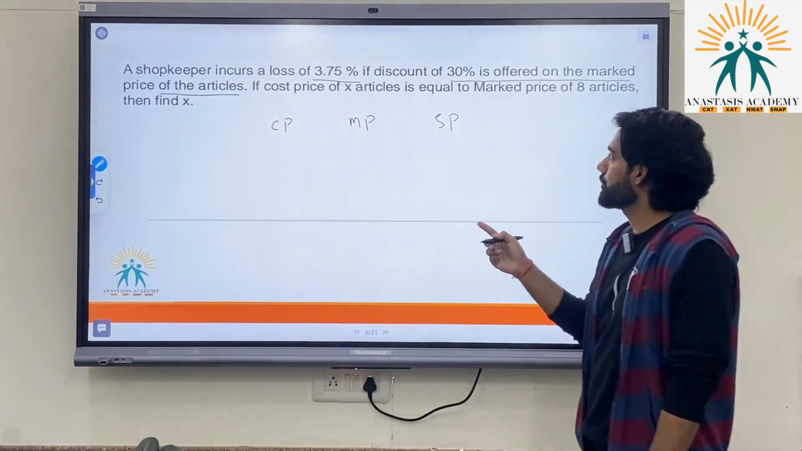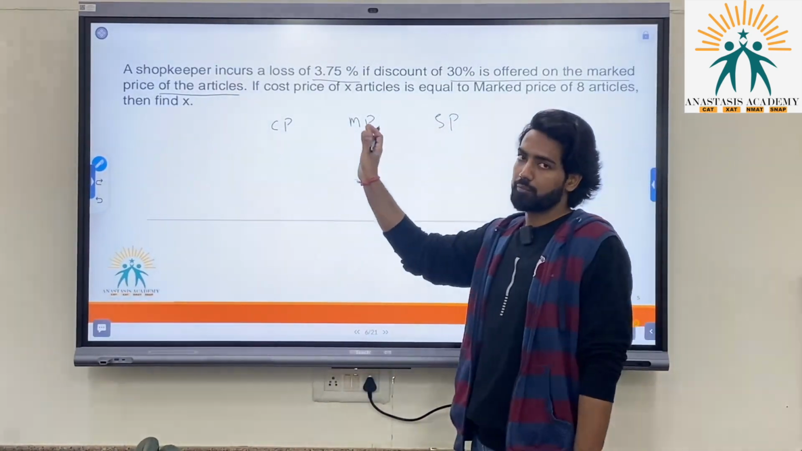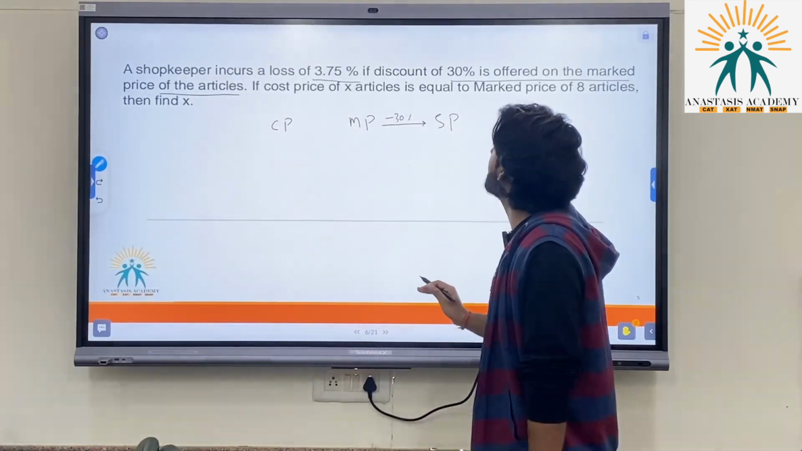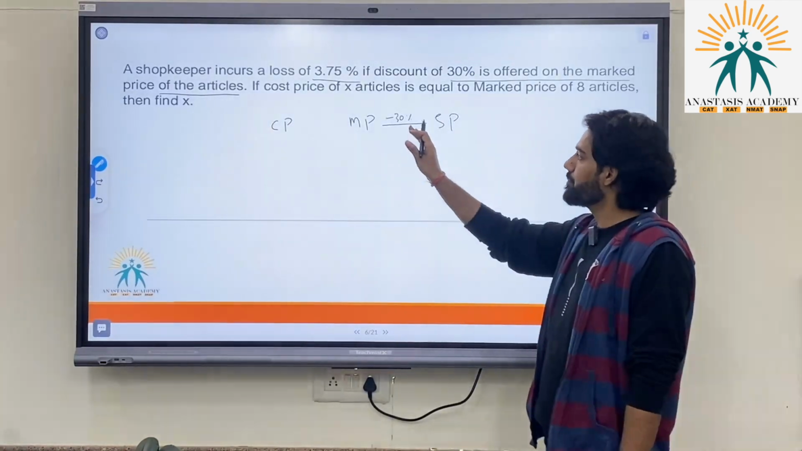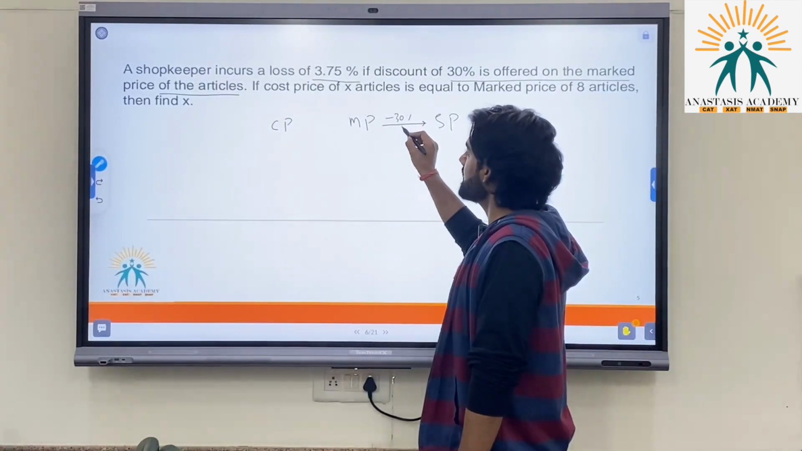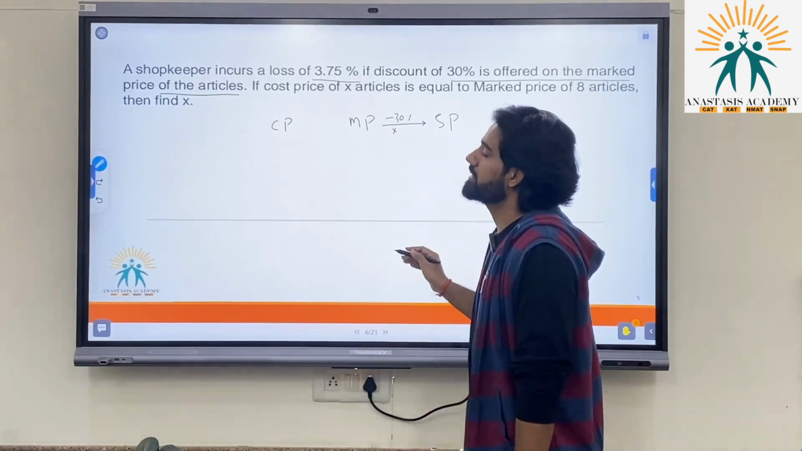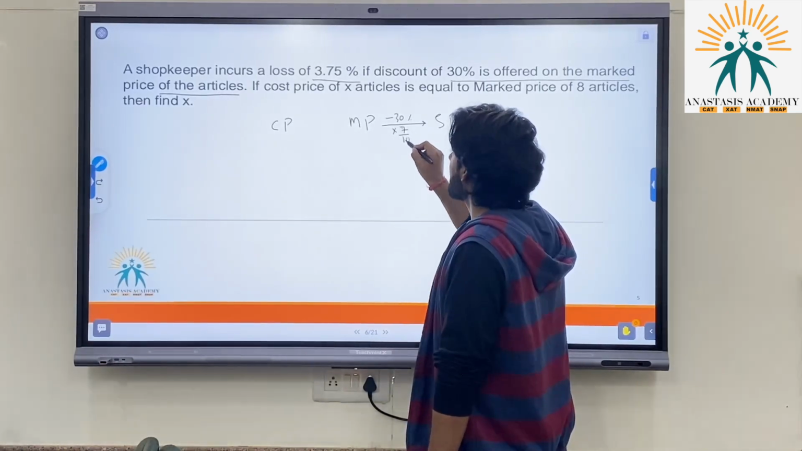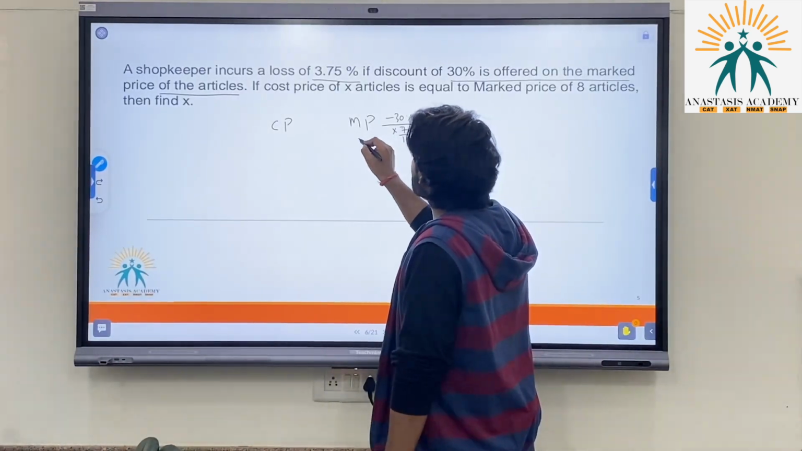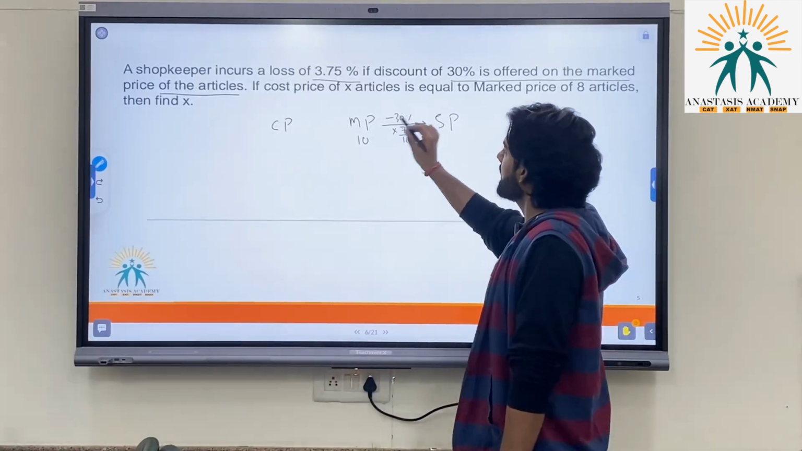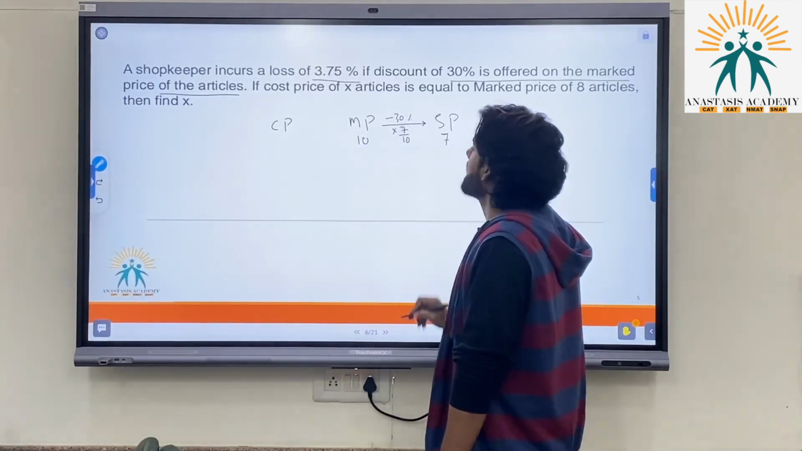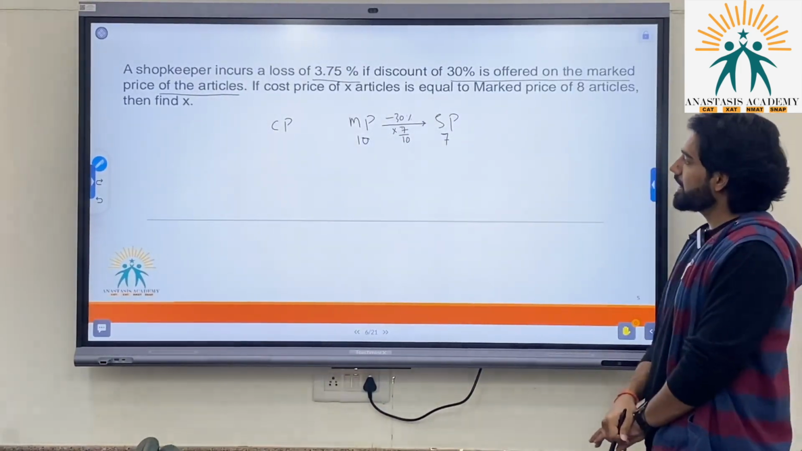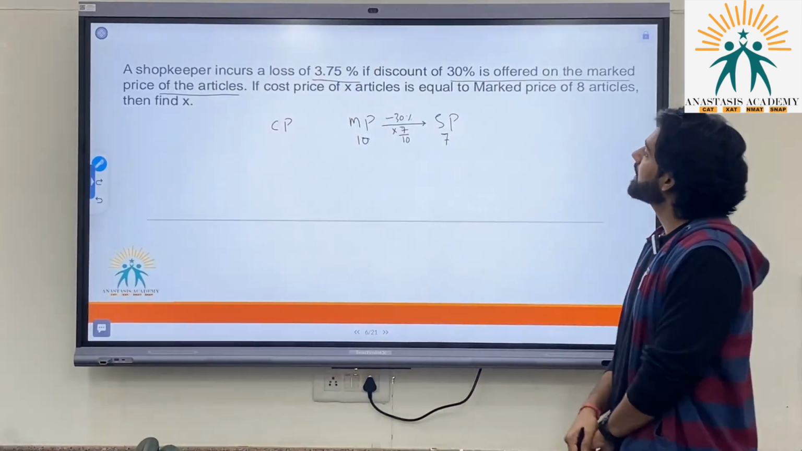We know the shopkeeper always gives discount on the marked price. So we are giving 30% discount, or we are making it less by 30%. So the multiplying factor for 30% is 7 by 10. So the marked price was 10 and I am giving discount, so I am selling it for 7. These are in units. Marked price is 10, so I am selling it for 7, that is 30% discount,